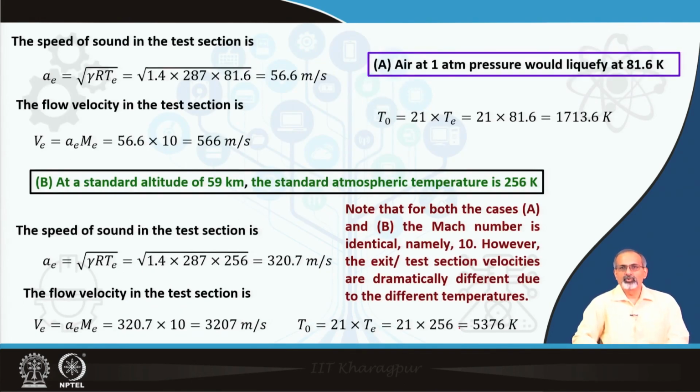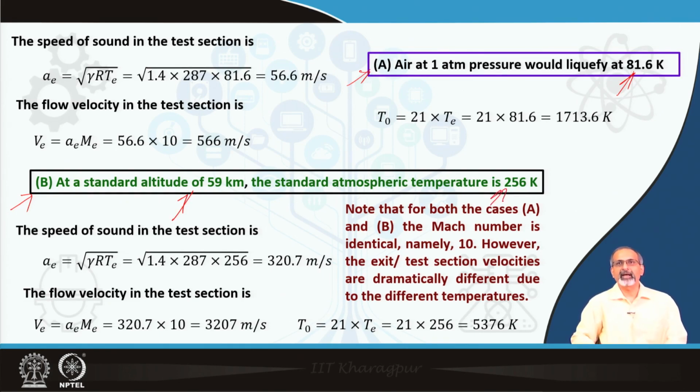Just to check with two cases, we are mentioning them as case A and case B, which we have been handling. We had done those calculations in the previous lecture. Air at 1 atm pressure with the liquefaction temperature of 81 Kelvin, if we take this as the case A, and the case B as the standard altitude of 59 kilometers, atmospheric temperature being 256 Kelvin,